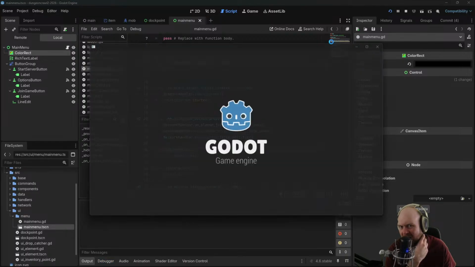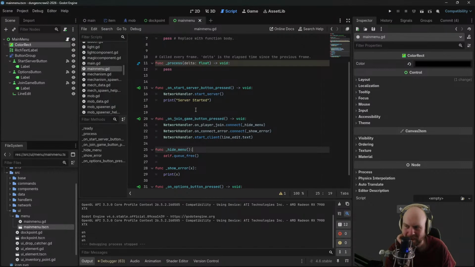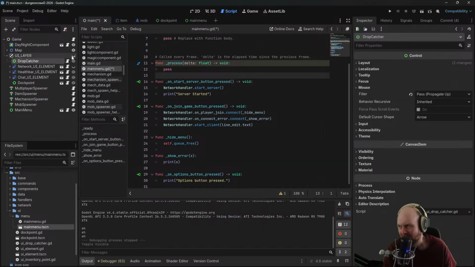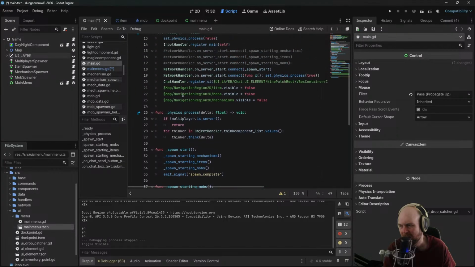Something I don't understand. When I press start server, okay, I can't do it right now. Damn it. I'll get back to that thought once we figure this out. We start with this hidden, but we reveal it as soon as the main menu goes away. So what if we, in here,